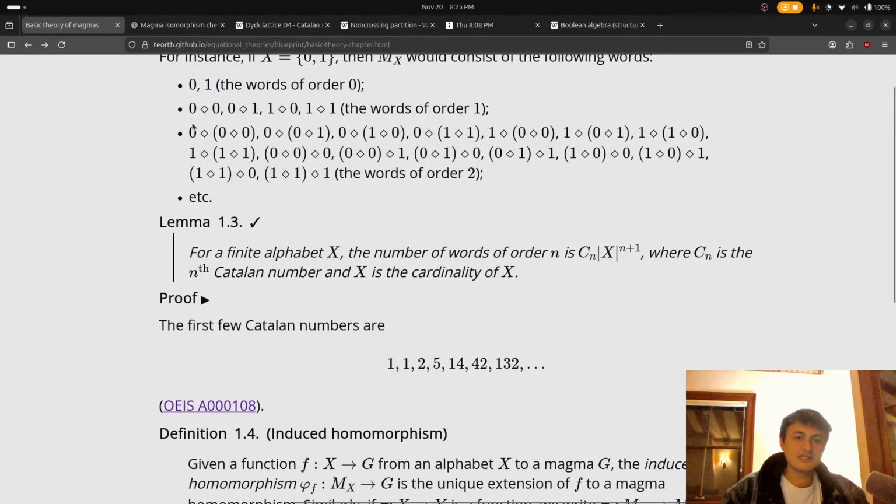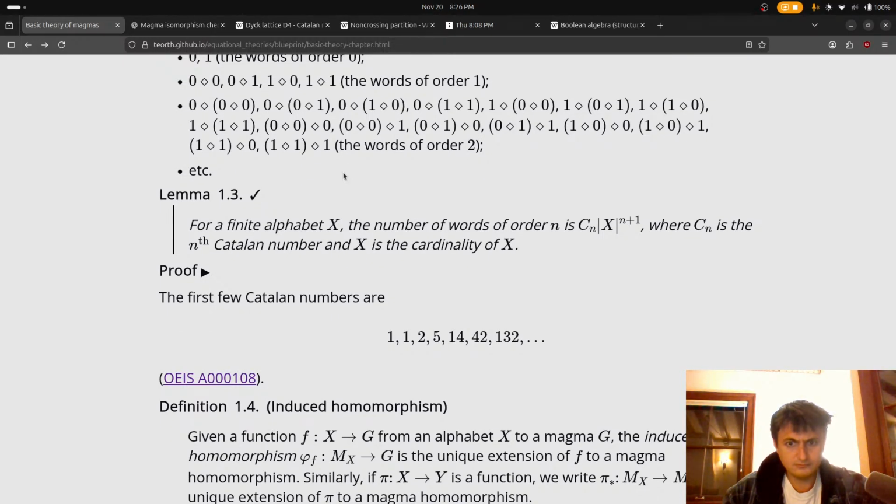See, I would have thought that this was just a simple power thing. But it's only a power thing because of the alphabet size. Okay, so we should try another example where x is equal to 0, 1, 2. So in that case, let's try to come up with all the words of order 1. So let's just enumerate. Why not?